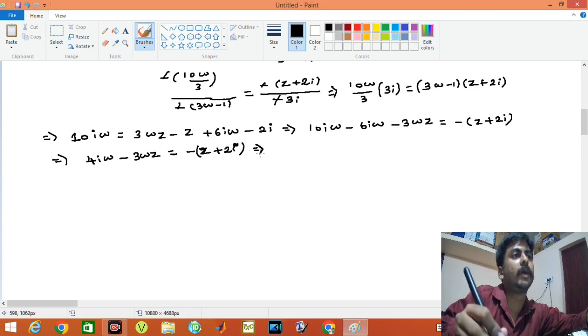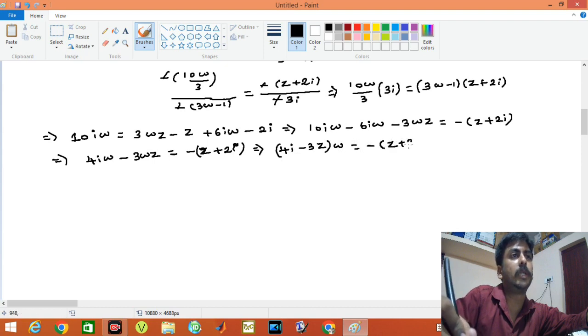It implies we shall take w outside, so we get (4i minus 3z) of w equal to minus of z plus 2i, which implies